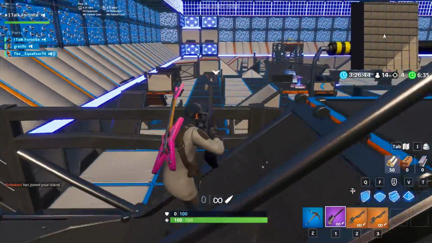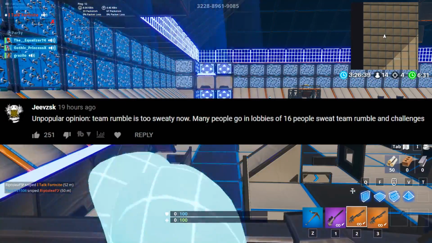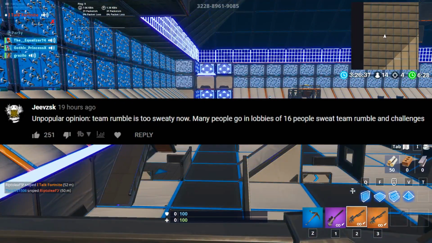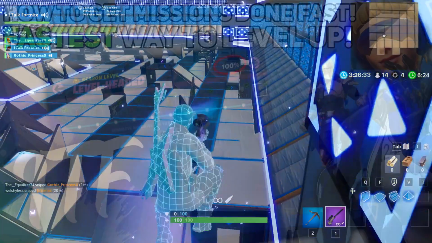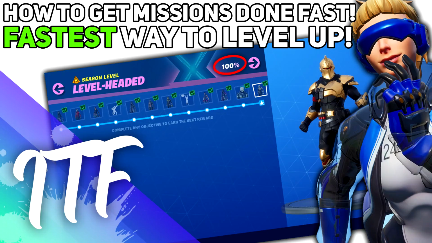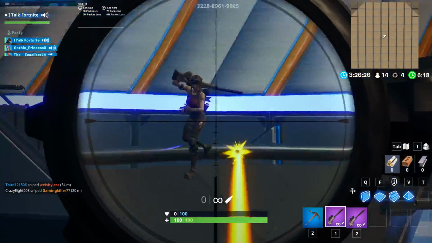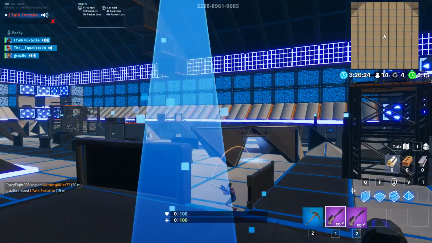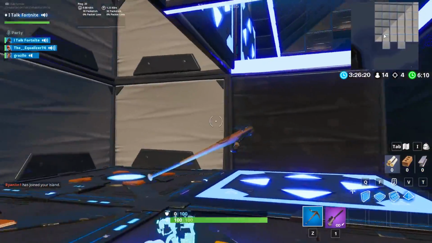From Jevzg, he said, Team Rumble is too sweaty now. Many people go in lobbies of 16 people, sweat Team Rumble and challenges. This is actually kind of a good point because, like I've said in my previous videos, if you want to rank up, the fastest way to do it is Team Rumble: get 16 people in your lobby and just clean house. It has actually gotten a bit sweatier now because of those people doing 16-man lobbies,